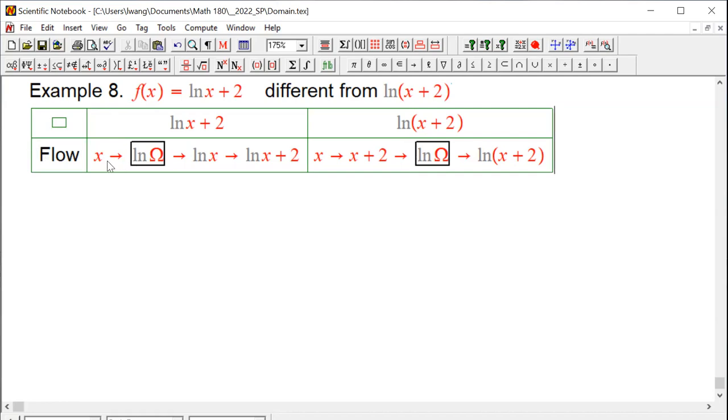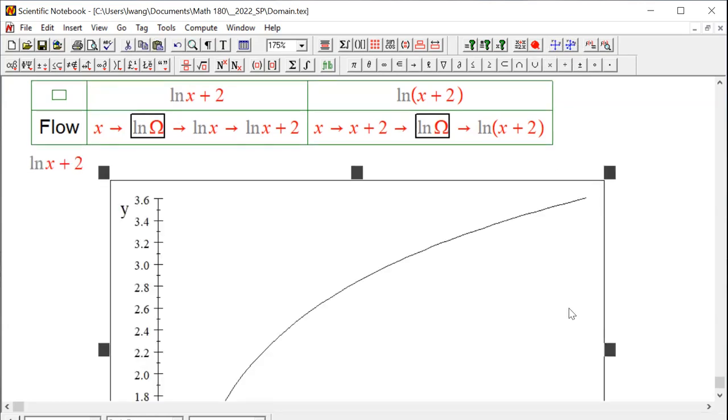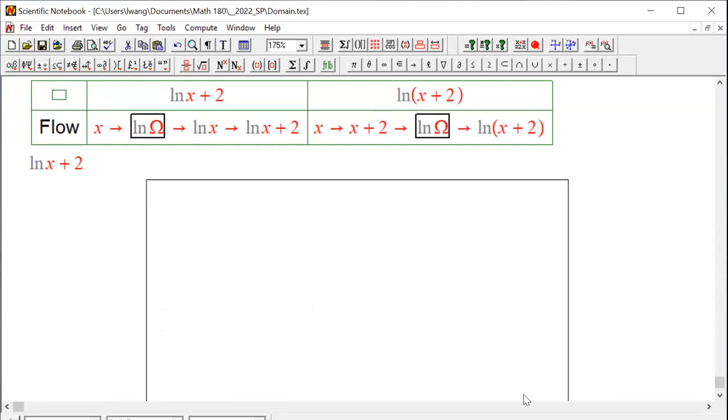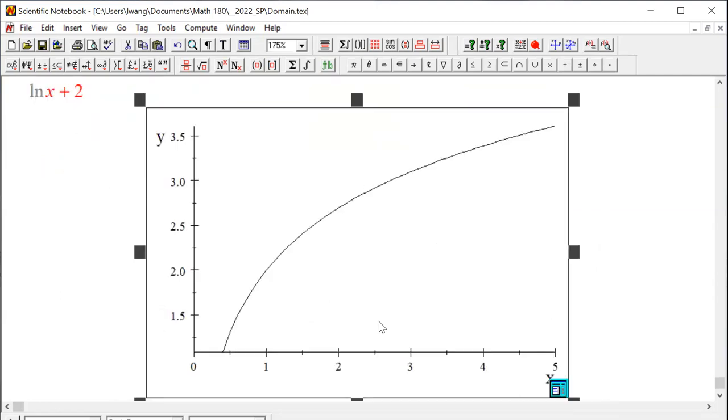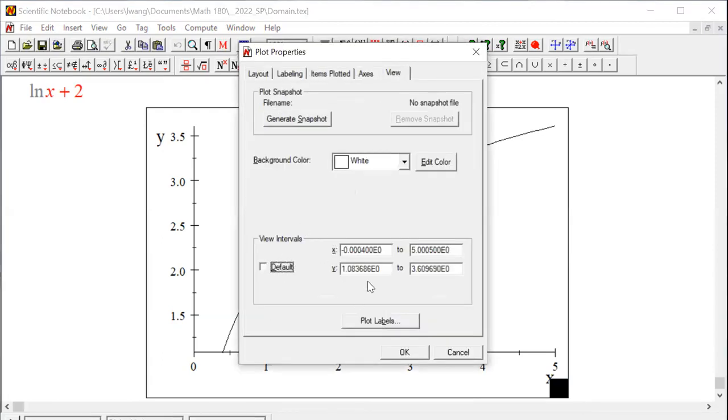Do they have the same picture? No, they don't have the same picture. They have a completely different picture. Okay, so this is the picture of ln 2. No, this picture is not complete. I need to make an adjustment. Okay, x must be positive. Okay, so the domain